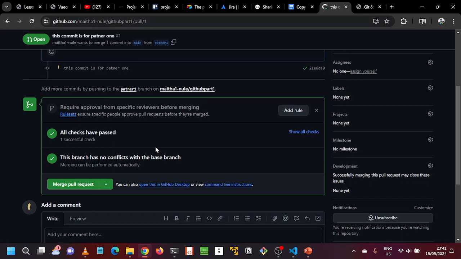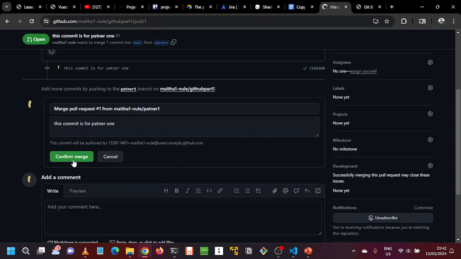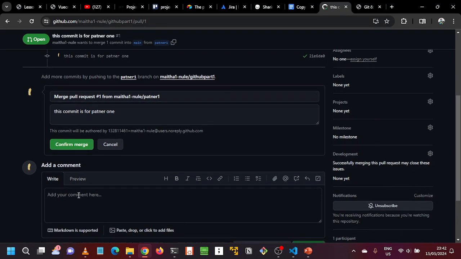In our case here, you can see all checks have passed, which means there are no complications. So after that, you just merge pull request, and then